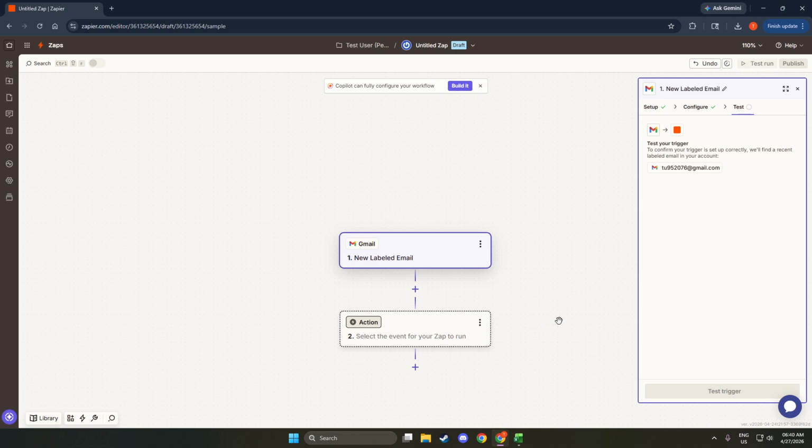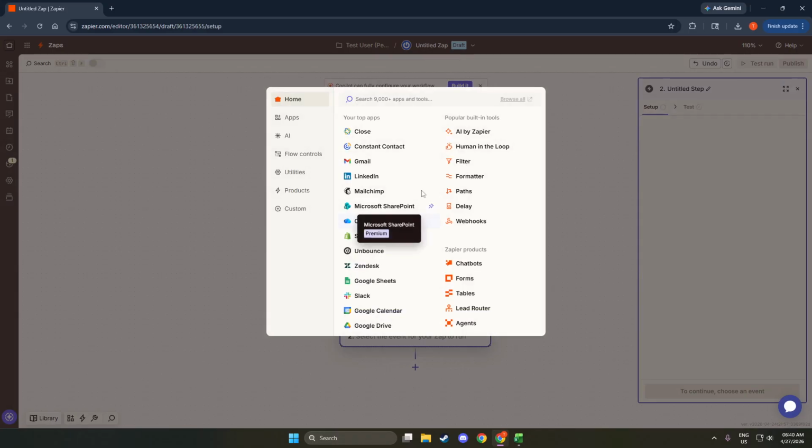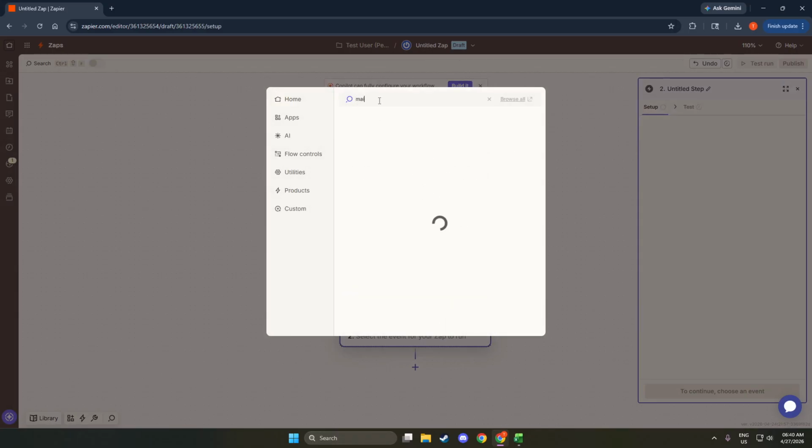Now choose your trigger. If you want the automation to run for every incoming email, pick New Email in Gmail. If you prefer more control, choose New Labeled Email and decide which label should activate the workflow. Using a label is great when you only want specific messages, say inquiries or sign-up confirmations, to create or update